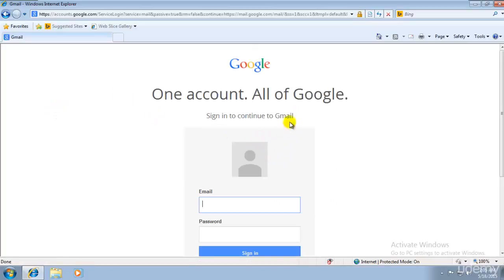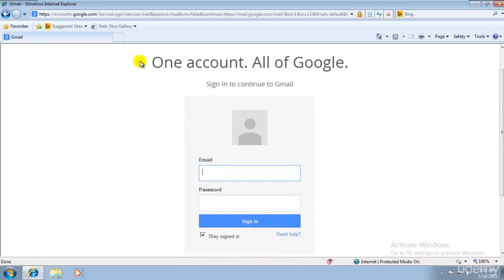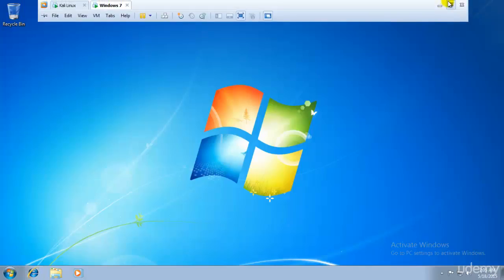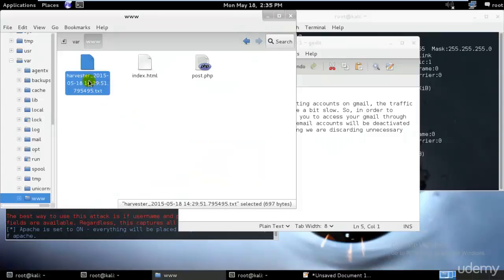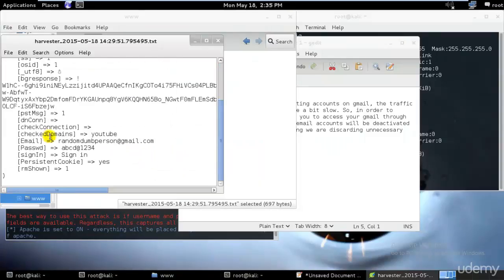So nothing happened. If I had an actual one, I would have been redirected to the original web page. As you can see, I am back on the original web page over here. So the user will not even think that this is a fake account. I'll just close this one. And what you can see here is that as soon as he enters it even one time, I will already have his username and password in the harvester txt file. So I'll click open here, and you can see we have the password here, random dumb person. And let's say he tries to access another email,